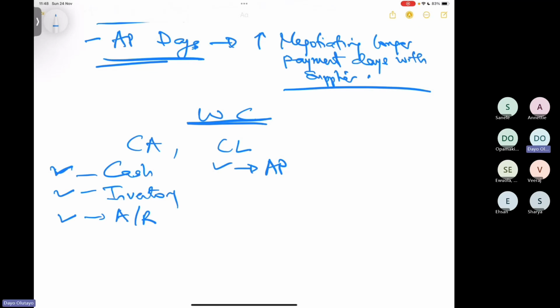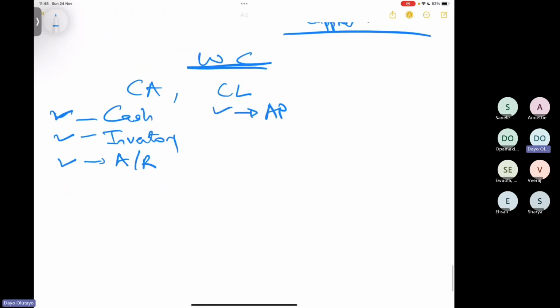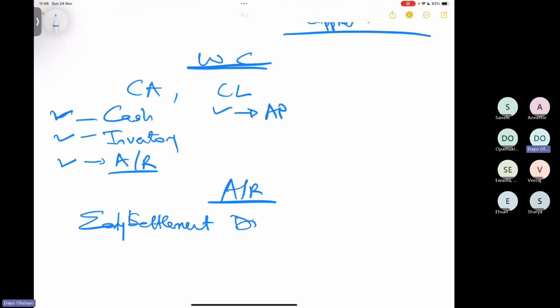Now, how do we manage each of them? Let's start with AR. How do you manage AR? We've said it. You can use early settlement discount, which is when you tell your customer to pay early and get some discount. And there are calculation related questions on all of that. You can also do prompt invoicing,